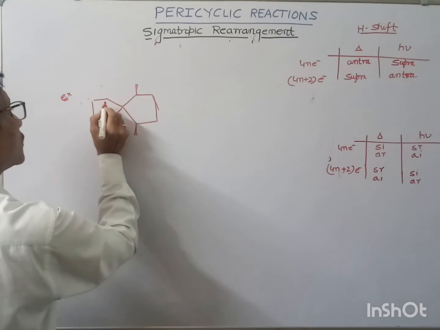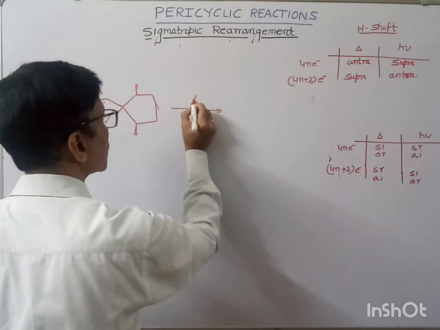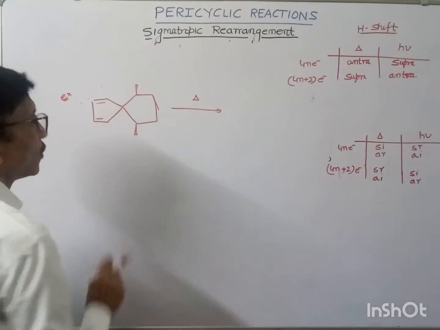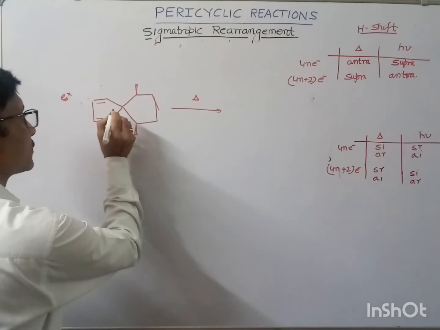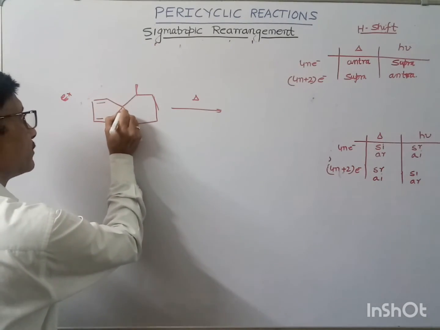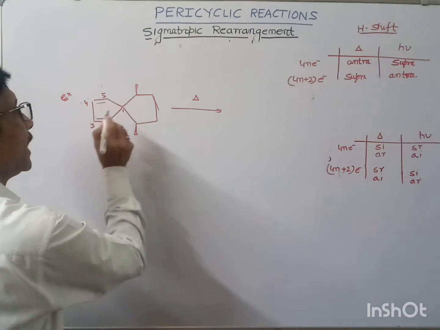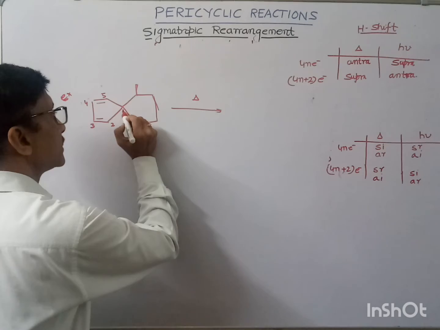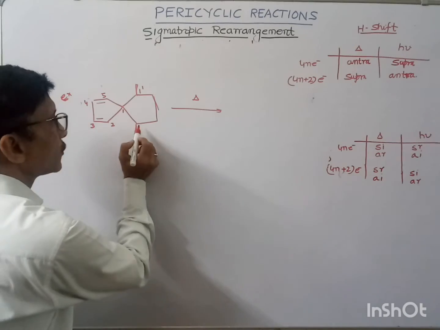Okay. Now, what should be the product of this reaction under thermal condition? Under thermal condition, first of all we should give the numbering. The allylic carbon should be given number 1. So if this is number 1, this is 2, this is 3, 4 and 5, and from the first carbon another carbon atom is attached. So either this may be given, suppose I have given number 1 dash, or this may also be given number